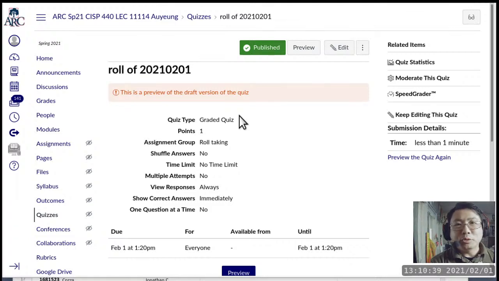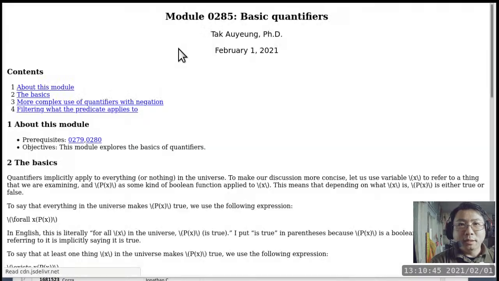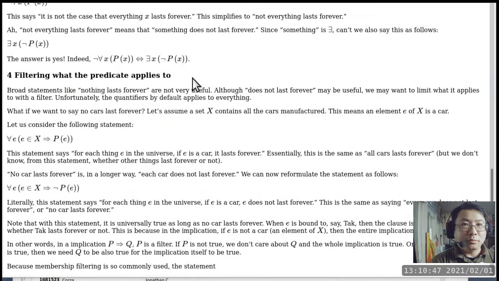So I'm guessing most people are getting the row taking thing done. And I want to go back to the module and see if you guys have any questions. You can play with that program, by the way, because you can change the predicate. You can just negate whatever is in the predicate, and then instead of using exist, use for all, because what I claim here should all work.